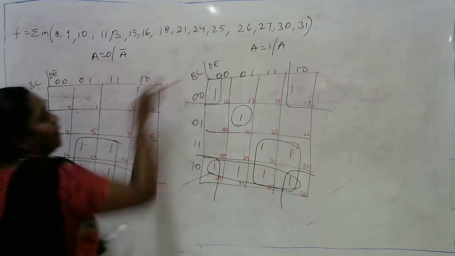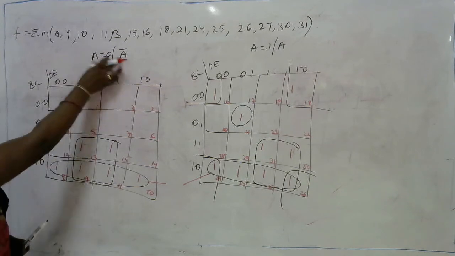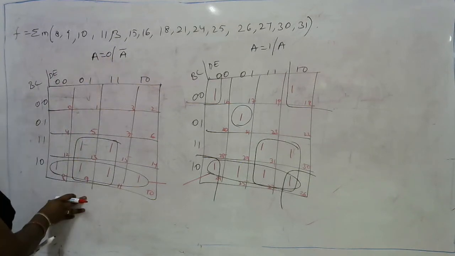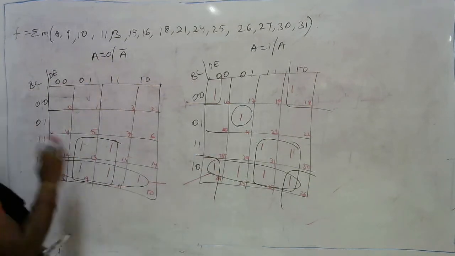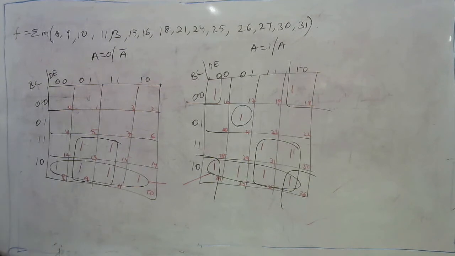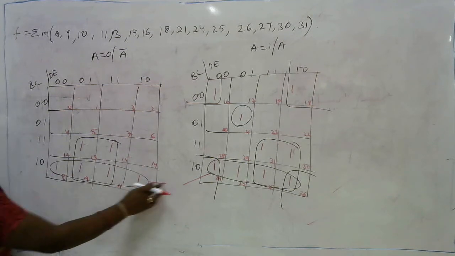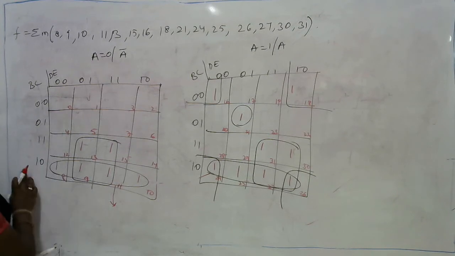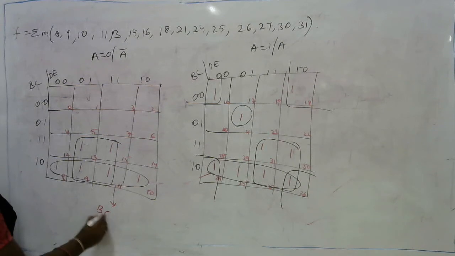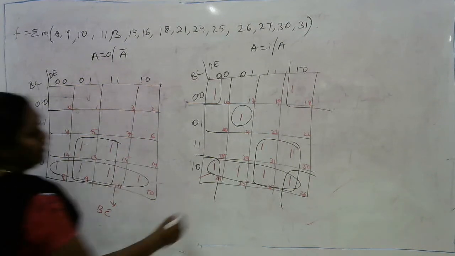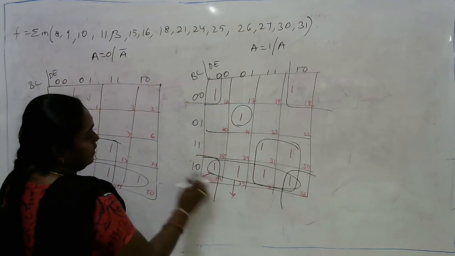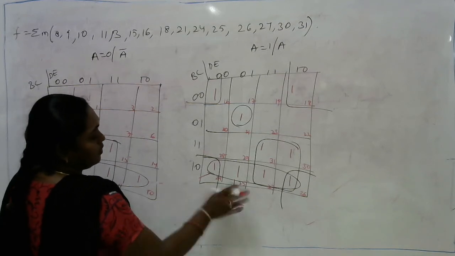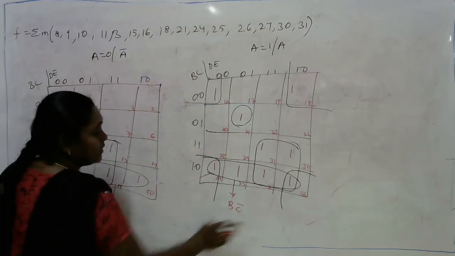So A and A bar will be cancelled out, because in the first case this complete K map is related to A bar, and the second is related to A. As both are opposite, it can be cancelled. Or in simple words, let me write down first individually. For this quad, for the last row, the expression is B, C bar. As it is related to complete columns, all will be cancelled out. Similarly, if you write it separately, this is also B, C bar. This is B, C bar and this is B, C bar.